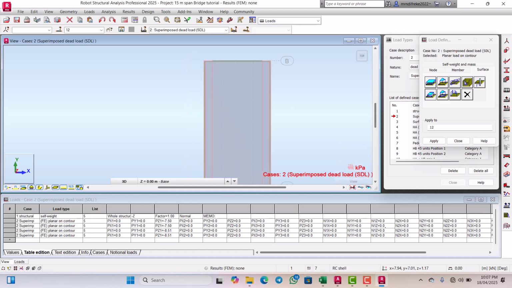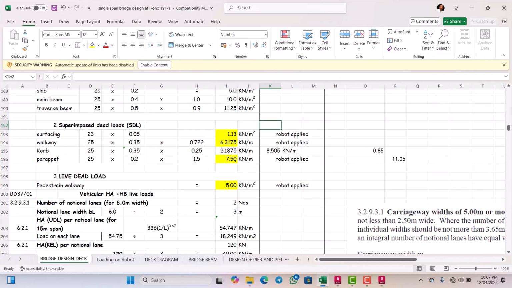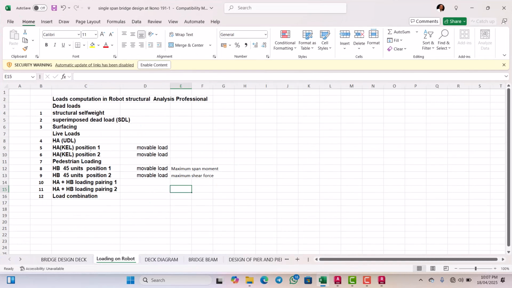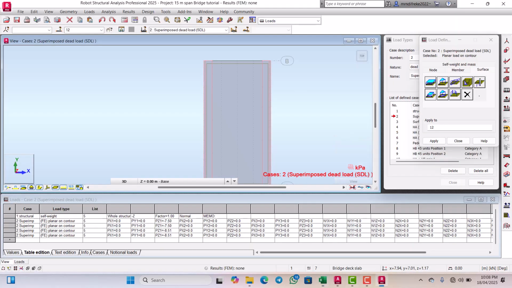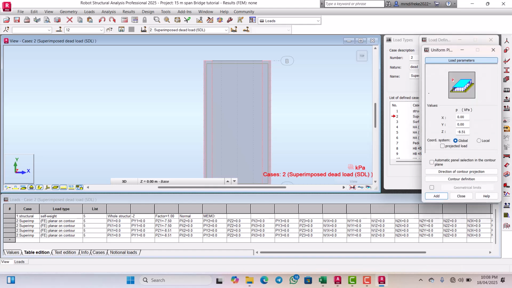The next load that we want to define now will be the surfacing. The surfacing is going to be applied on the entire width of the bridge. That is the carriageway, which is the 6 meter width of the bridge. So to do that, we click on surfacing, then we come to this. Then the magnitude of that is